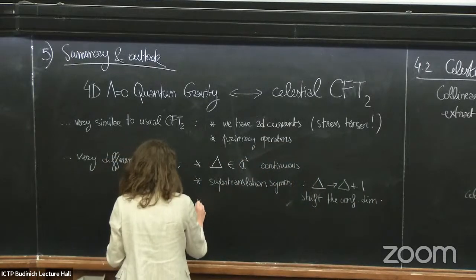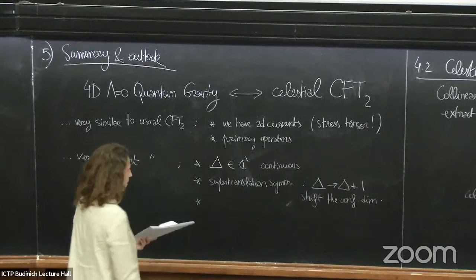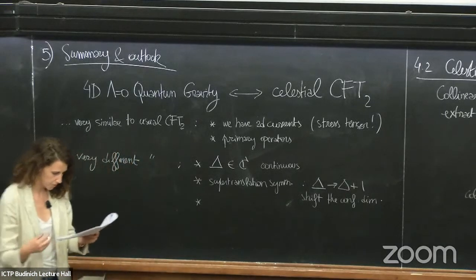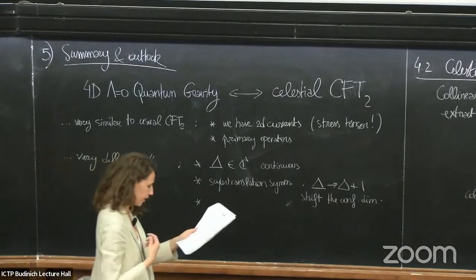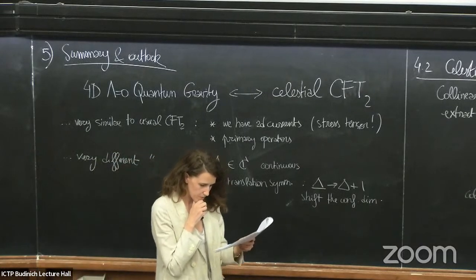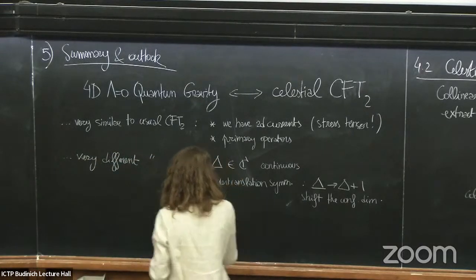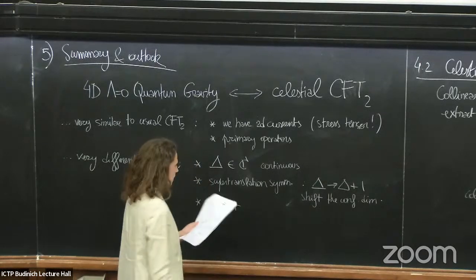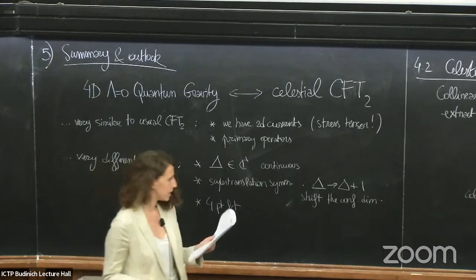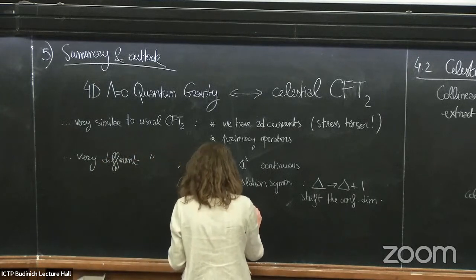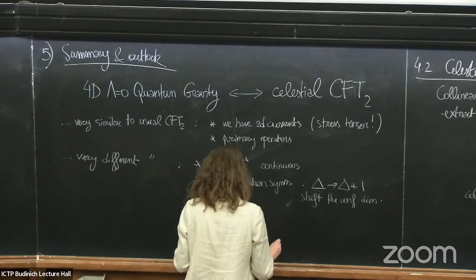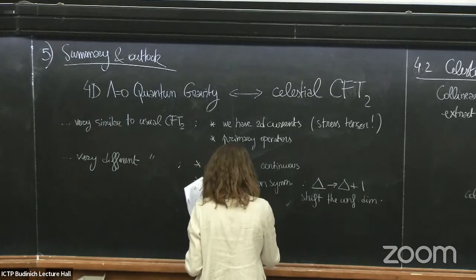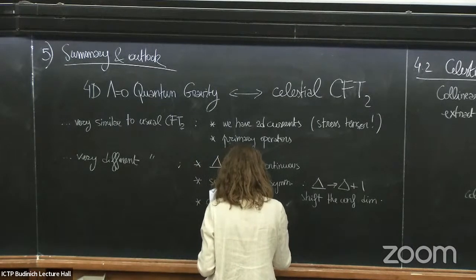And there are other things I'm just throwing at you, but I had some questions before regarding that, so maybe it's time to answer. For instance, if you look at the 4-point function in the celestial basis, you will see that it implies that the cross ratio has to be real,